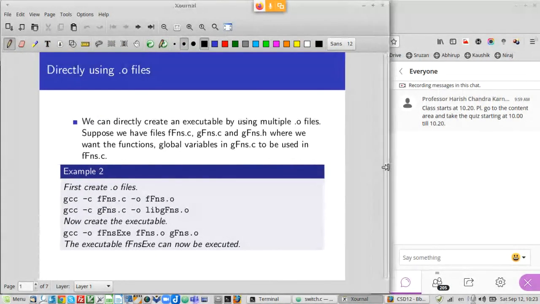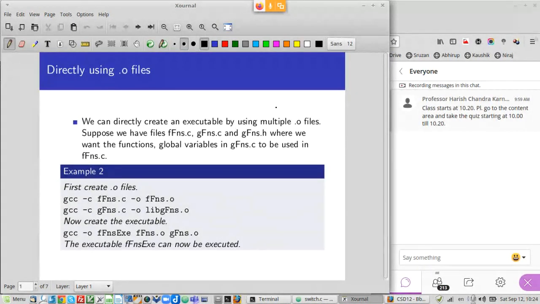I hope you can see the slide on the screen. Last time we talked about libraries. So if you want to create your own library, we discussed what you have to do last time. But if you are having some problem trying to create a library of the type that we discussed in the last class, that is a .a library, putting it in an archive and so on, what you can do is